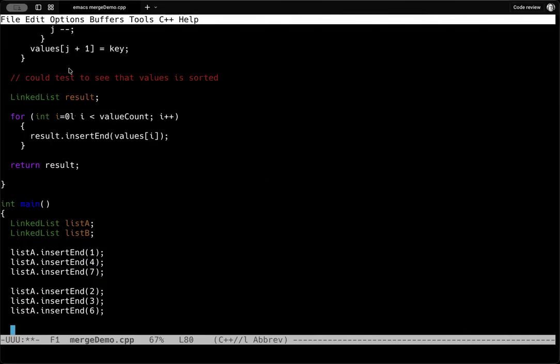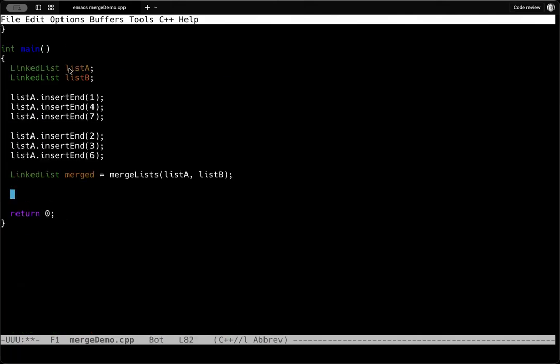No problem there. Then we're going to say linked list merged. The name we're going to give it is equal to merge lists, list A and list B. Okay. That should create the new list. Our function again returns a linked list, so that should be good. Then we can see out